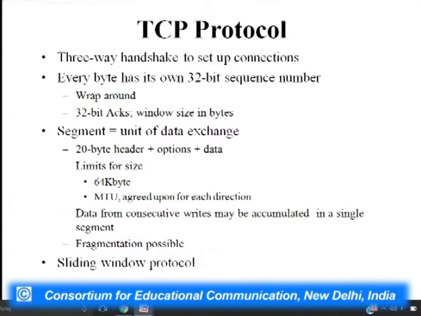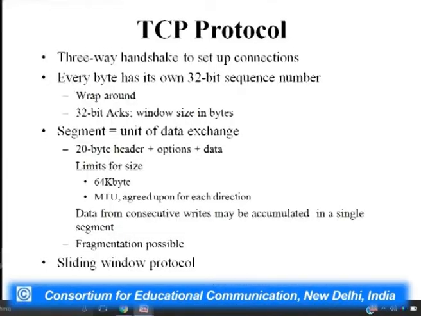That means if there is an acknowledgement for one, an acknowledgement for the second segment, and an acknowledgement for each segment, each acknowledgement should also have a number, which is also a 32-bit number. A segment is your unit of data that is being exchanged, and that will have what? Therefore, a segment is a 20 byte header plus optional fields in the header plus data,